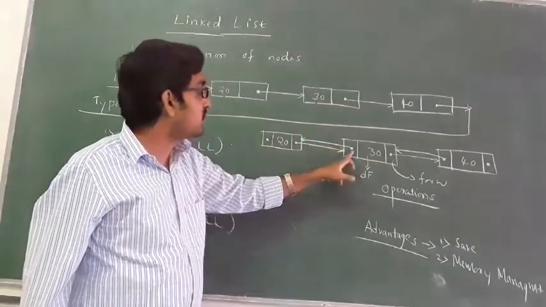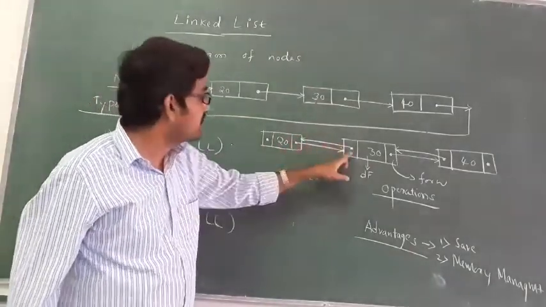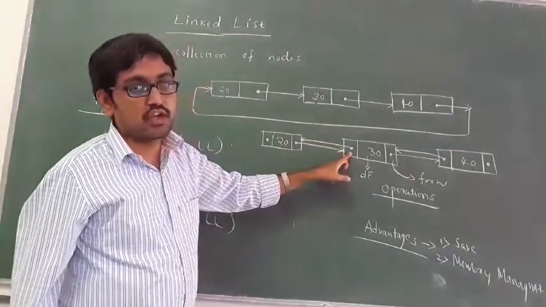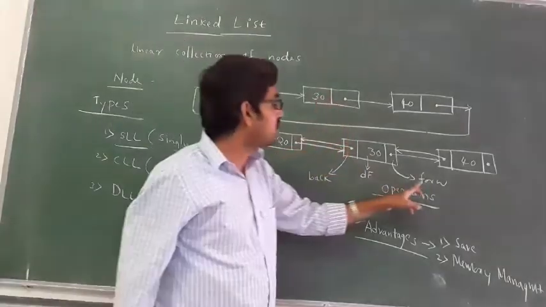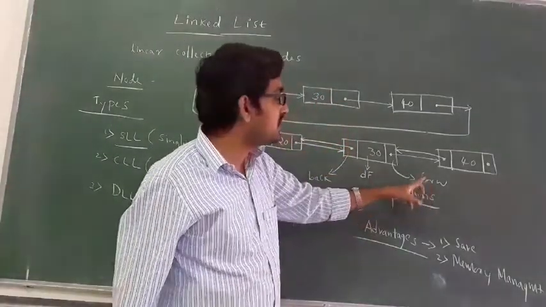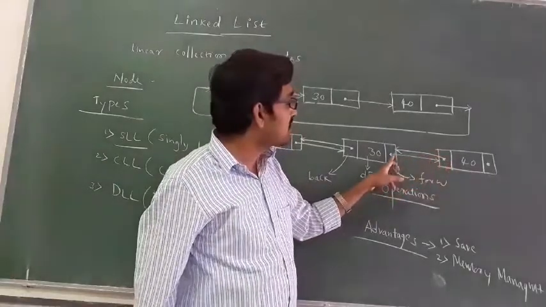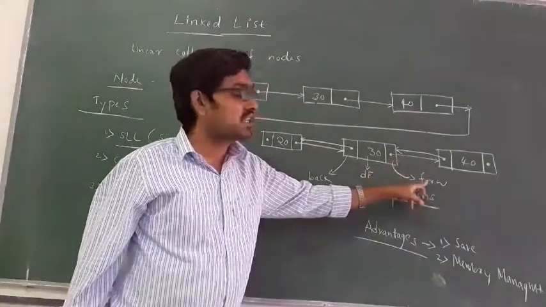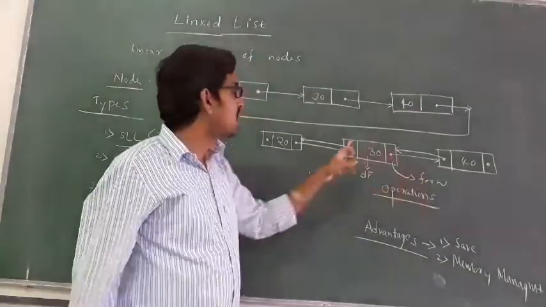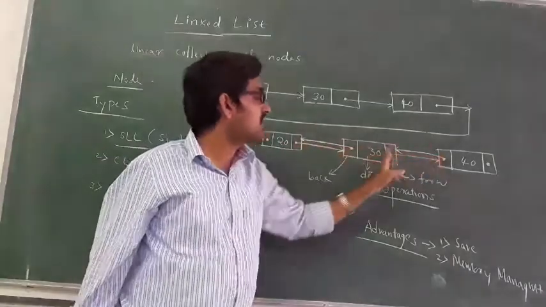Address of previous node. Here, in this you can store 20. 20 will be stored in this. Got it? Then what is forward? Forward, in this you can store the address of the next node. Here the address 40 is stored. That is why it is called forward linked list. See here, what is stored: the 20 address is stored, and the 40 address is stored.